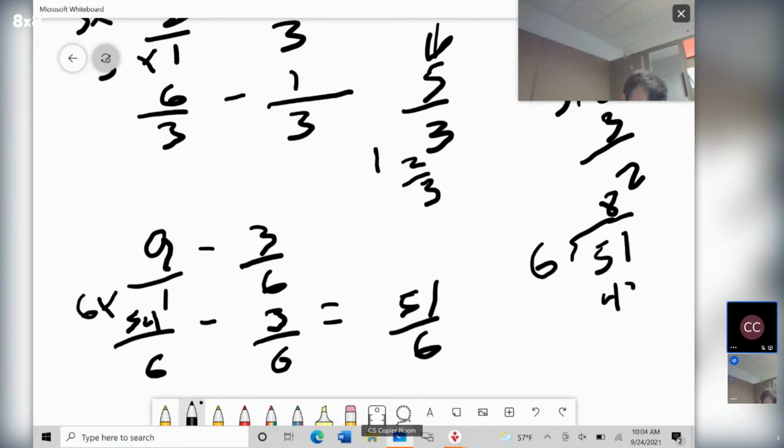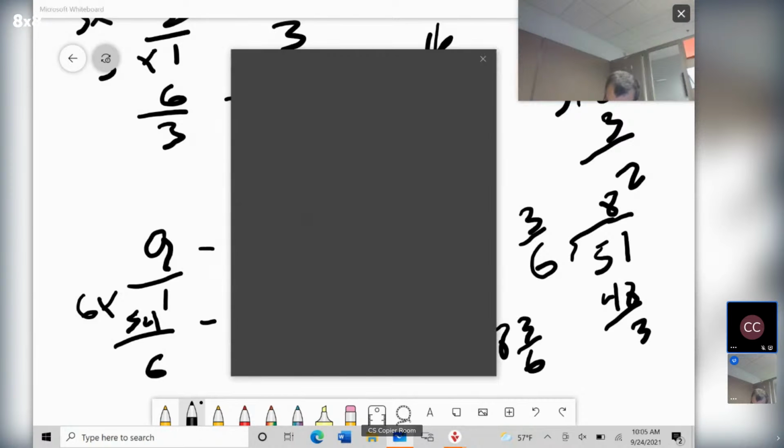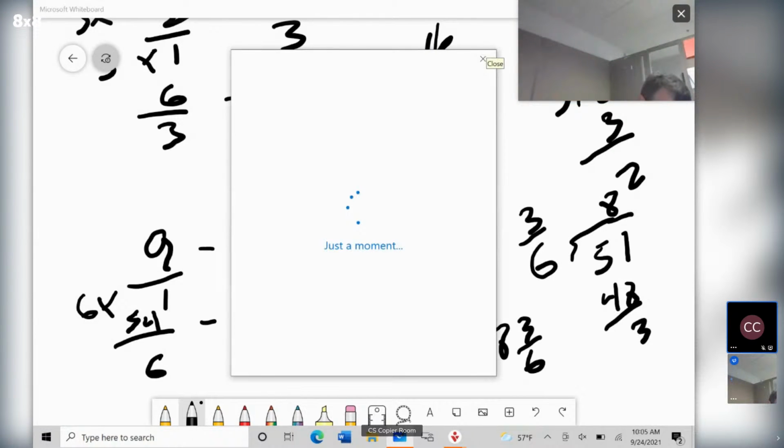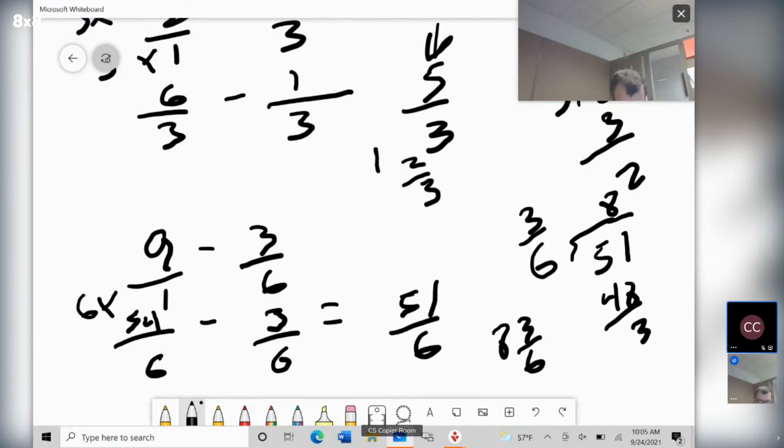That's 48. It's going to be 8 and 3/6. Okay, 8 and 3/6. And you know 3/6 is equal to 1/2, because you can take 3 out of both, so it'd be 8 and